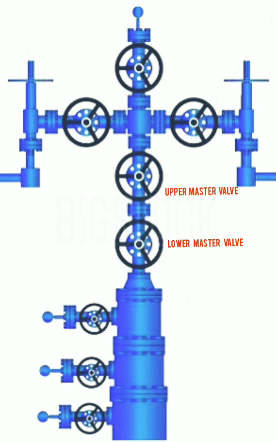Then we have the production wing valve that connects to the choke valve, then it connects to the flow line. On the opposite side of the production wing valve we have the kill wing valve, which is used in case we have to kill the well, to inject mud inside the well for killing purposes in case of any job, or in case of fire or gas leak.